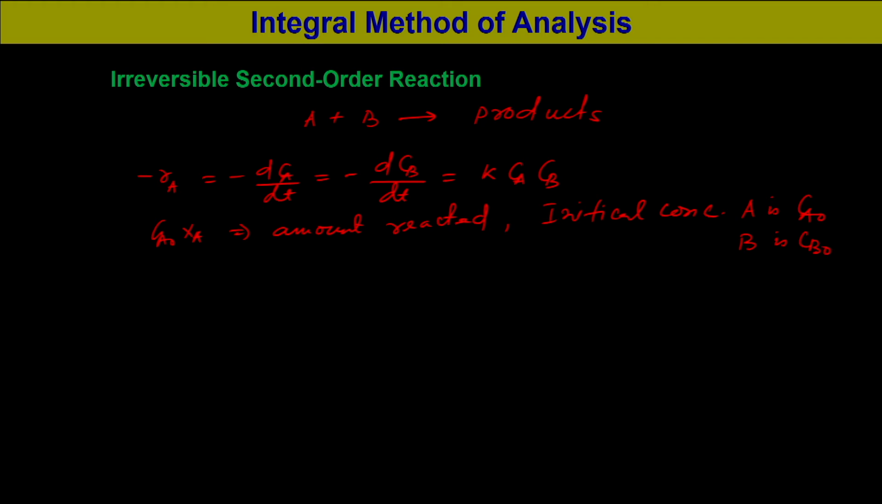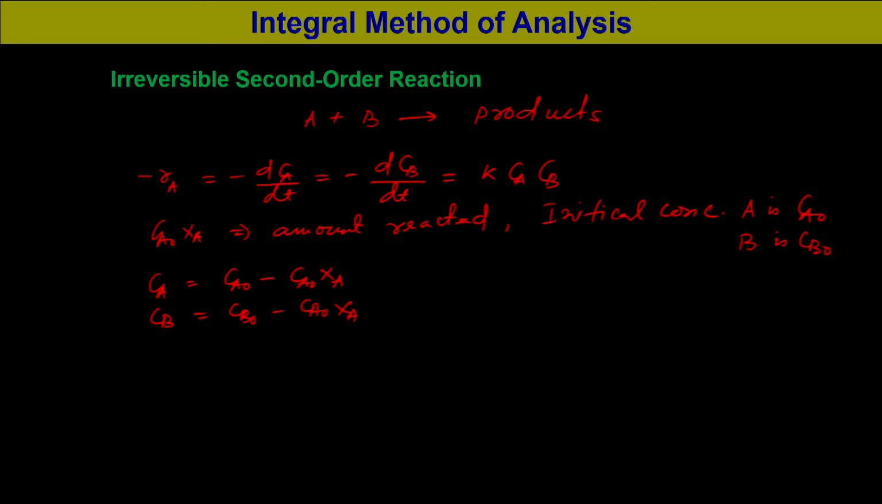So, we can write the concentration at any time t: C_A would be C_A0 minus C_A0 x_A, and C_B would be C_B0 minus C_A0 x_A. Now, if we substitute